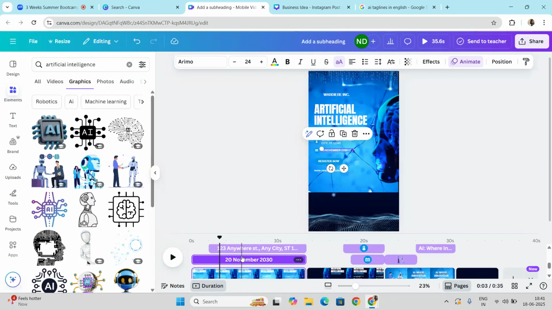Yes, okay, yes, got it. So you don't have to do anything. Only thing is you have to add elements in your project, in your work, so that will take it at the bottom. Whenever you want to edit at the bottom, like where the cursor right now, the hand is there, on 20 November 2030, if you want to edit anything, those three buttons are there. With their help, you can edit there or on the portrait also.